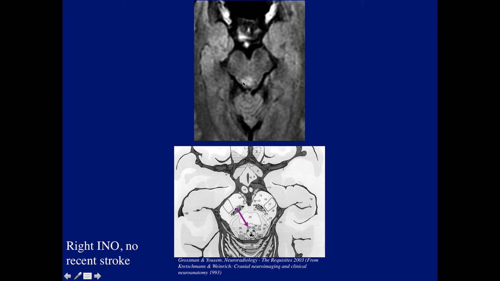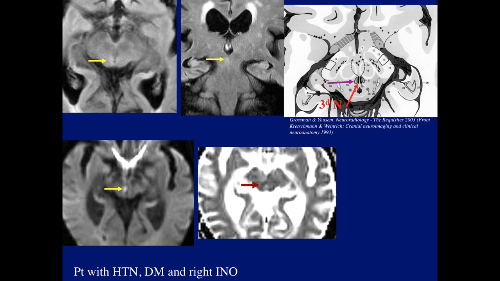Another case with abnormal signal in the appropriate location. Patient had a right INO, no recent stroke, may have been a prior one. Many of these patients have diabetes. Here's another patient with hypertension, diabetes mellitus, had a right INO, and again we see the stroke, and again,